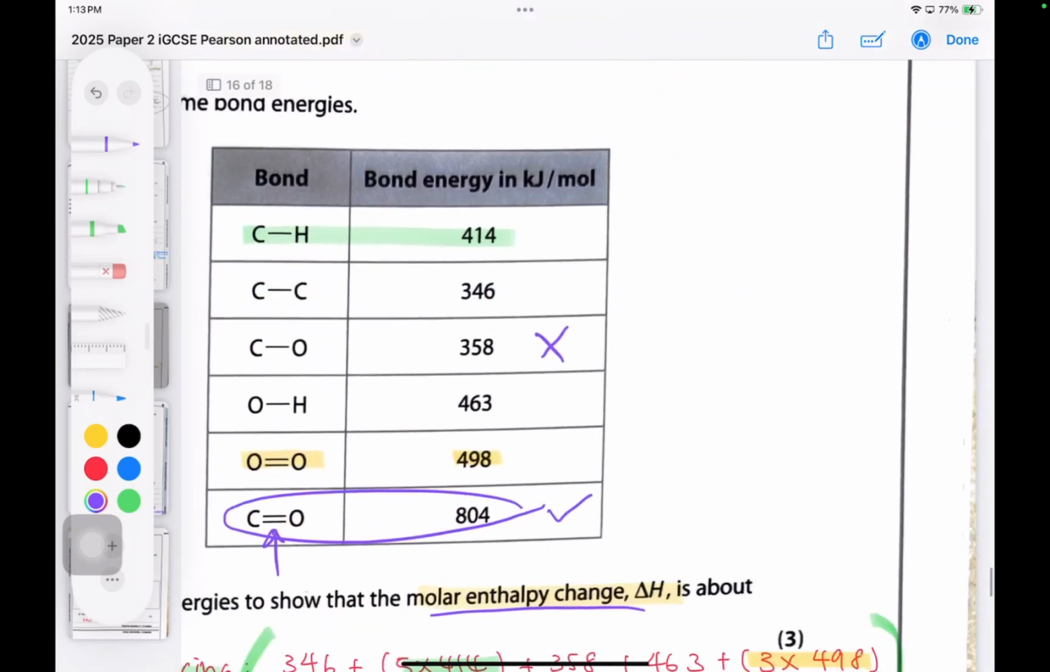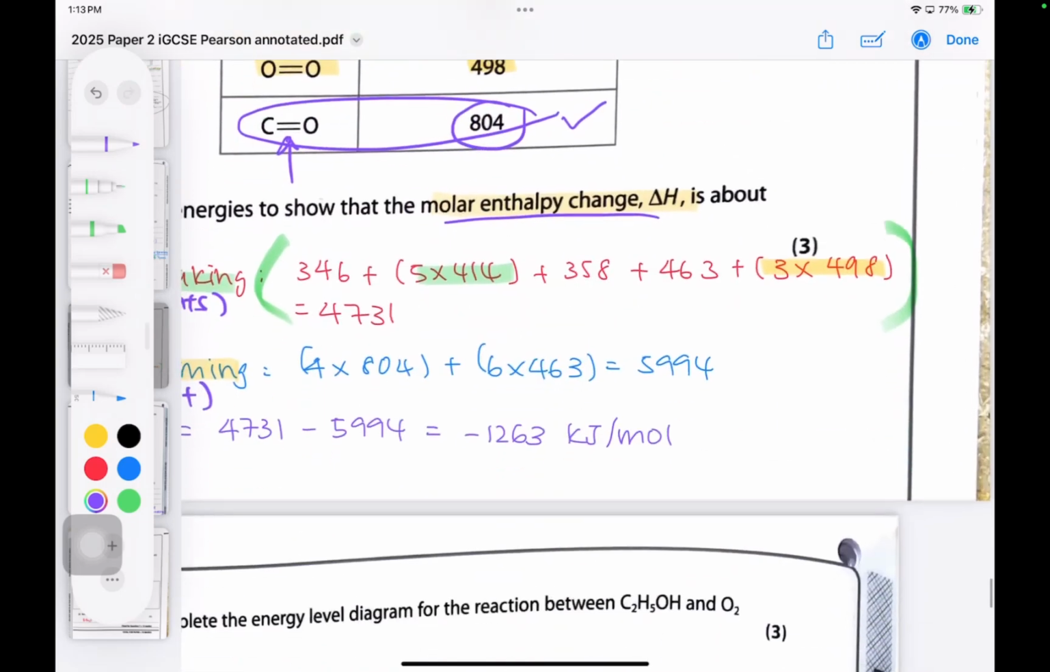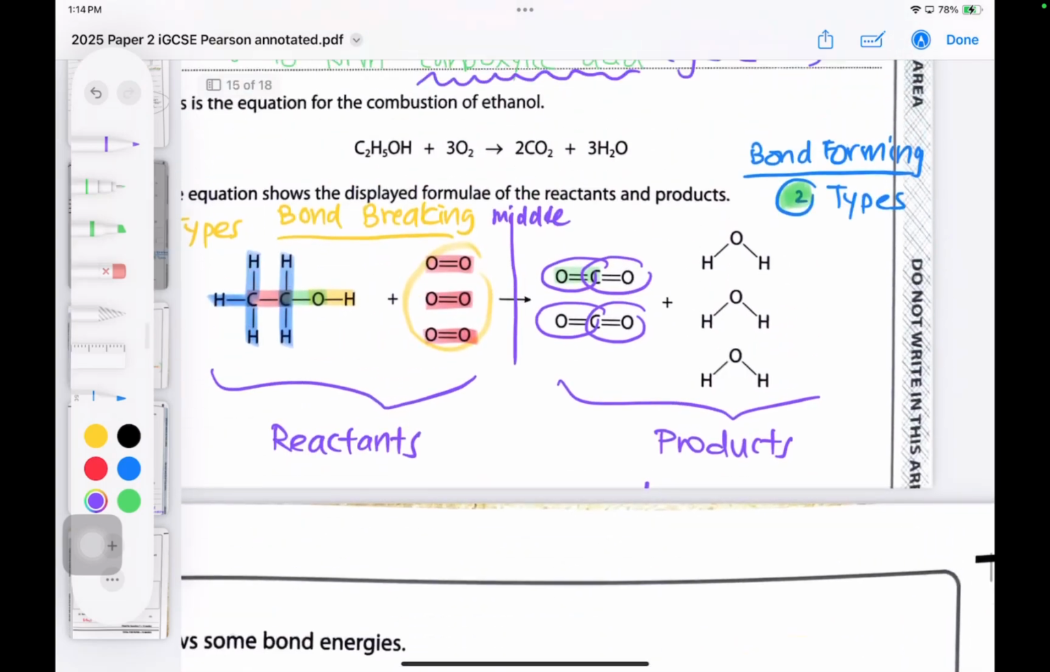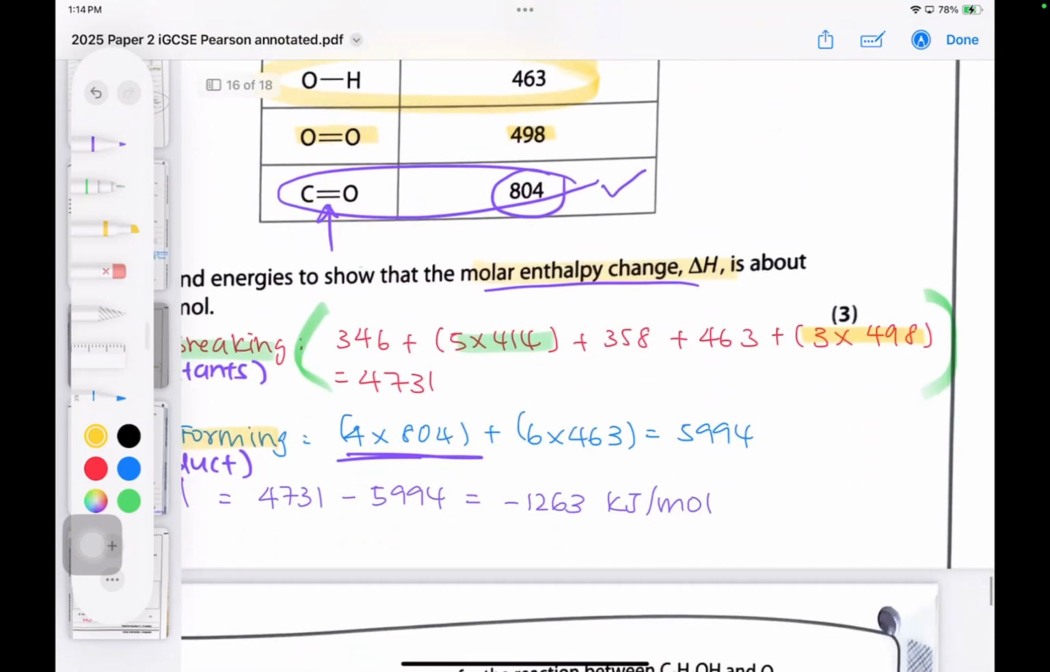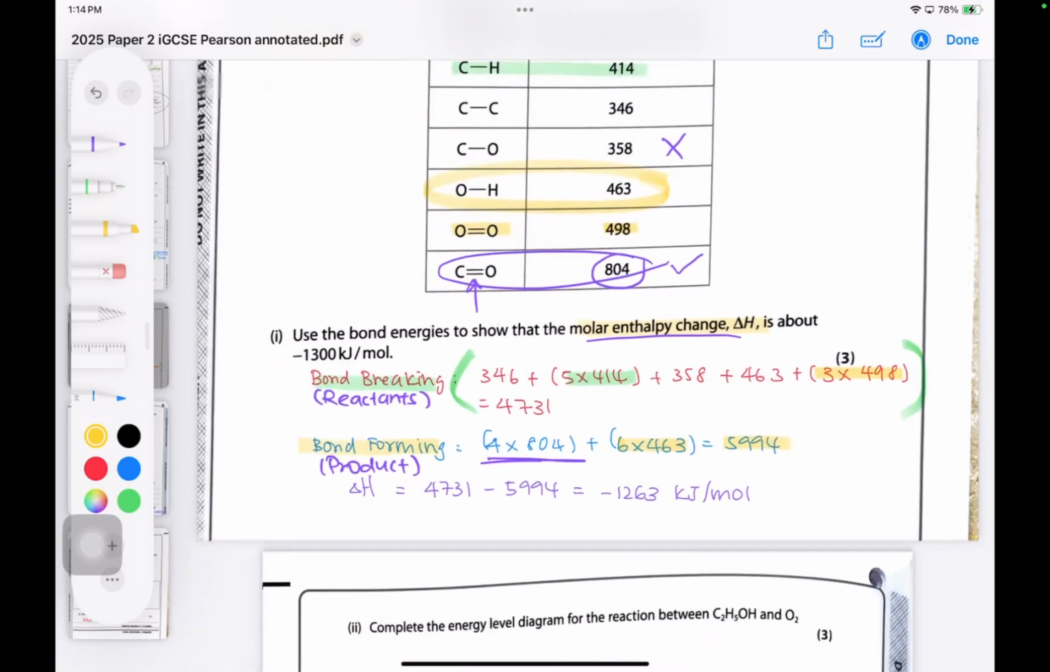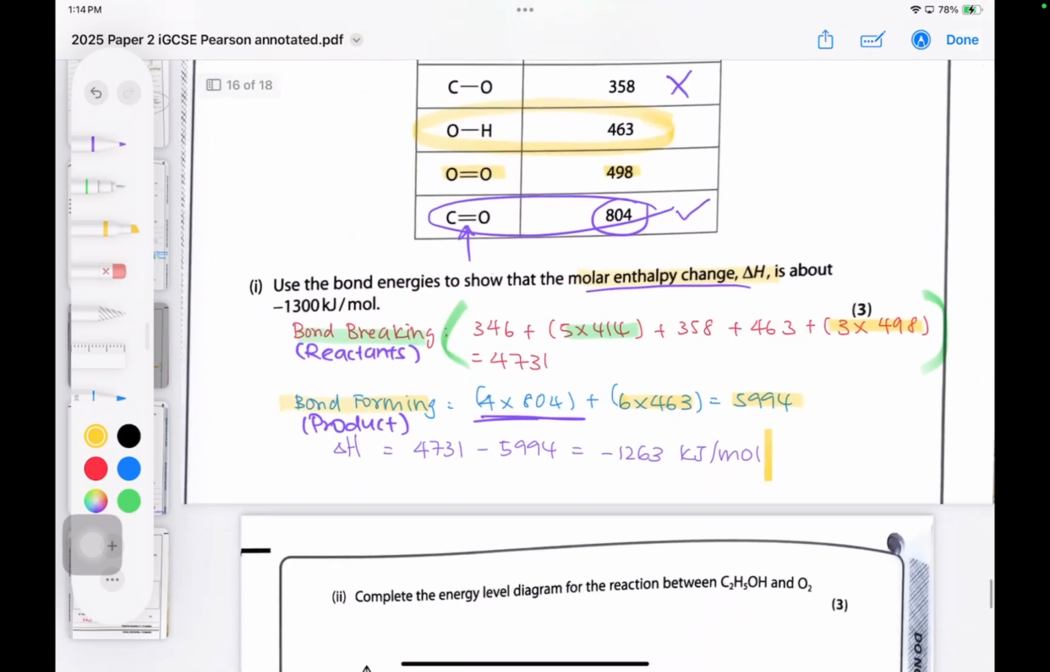So what I'll do is I'll get 4 multiplied by 804, and you can see it over here. And then I'll do the same for the bonds that were formed between the O and the H's. I've got 1, 2, 3, 4, 5, 6. So 6 multiplied by 463, and that's how I get to a total of 5994 kilojoules per mole for my bond forming, the product part. So then, in order to get your final marks, which is 3 marks here, you need to